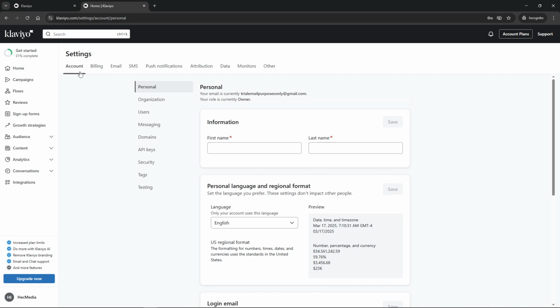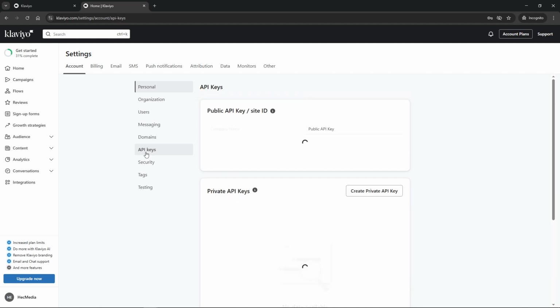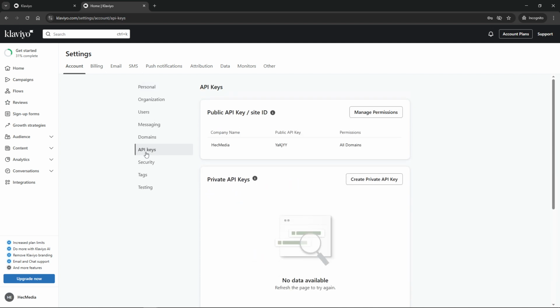Now look over to the left sidebar of your screen. This is where you'll find the various settings you can adjust. Within this sidebar, you want to seek out and click on Settings and then select API Keys. This is where all the magic happens. You are now in the section dedicated to managing your API access, a key aspect of ensuring seamless integrations and